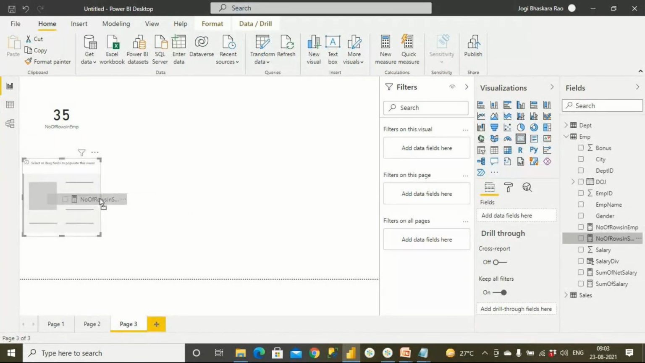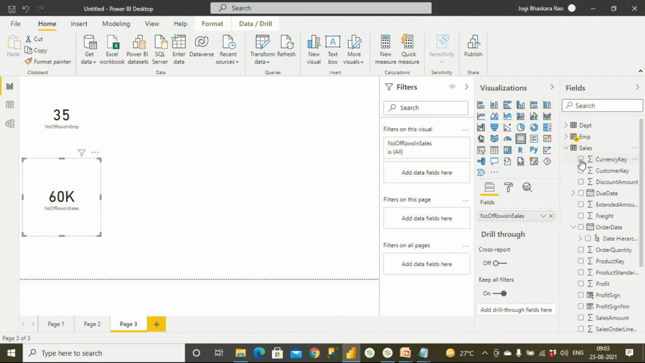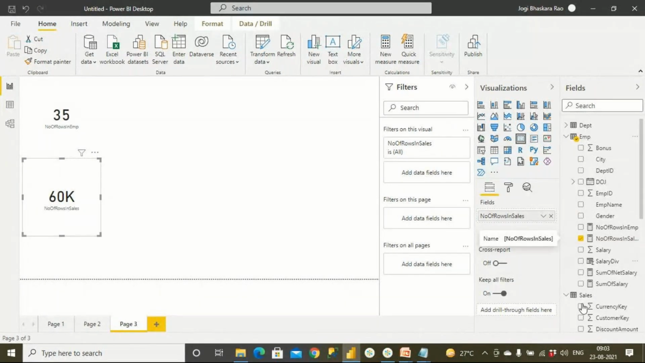But unfortunately, the number of rows in sales table measure got created as part of employee. It is not an employee attribute, right? Number of rows in sales table should be added in the sales table, but unfortunately it is not added there. So I want to move this measure which I've created to the sales table. So how to do that? Click on this and go to